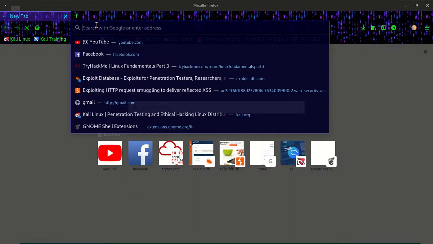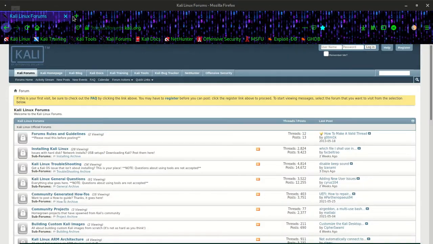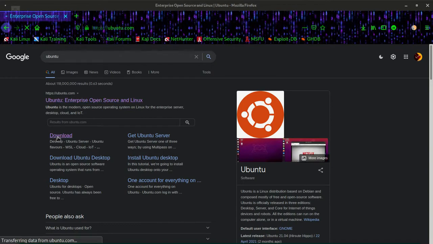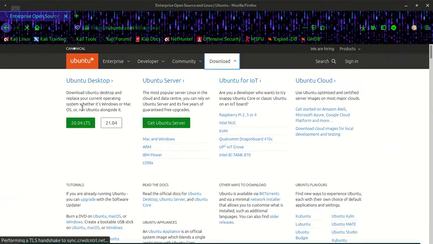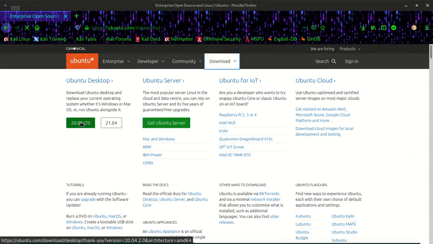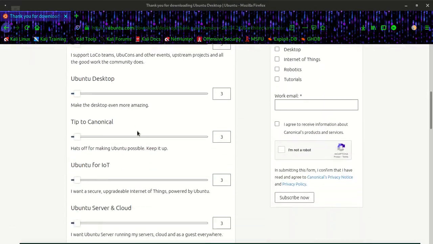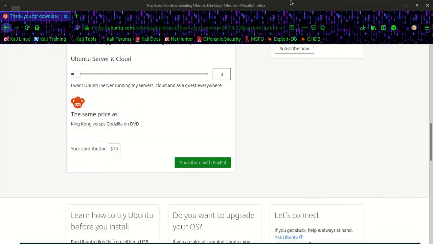Search for Ubuntu here and go to the download section. You can download the Ubuntu desktop ISO file from here. I have already downloaded it,